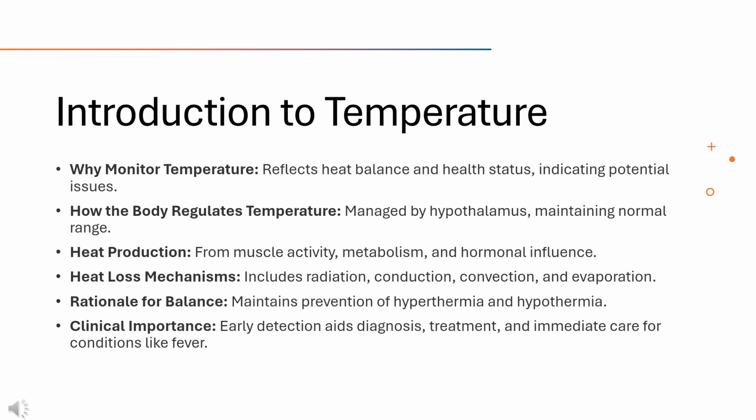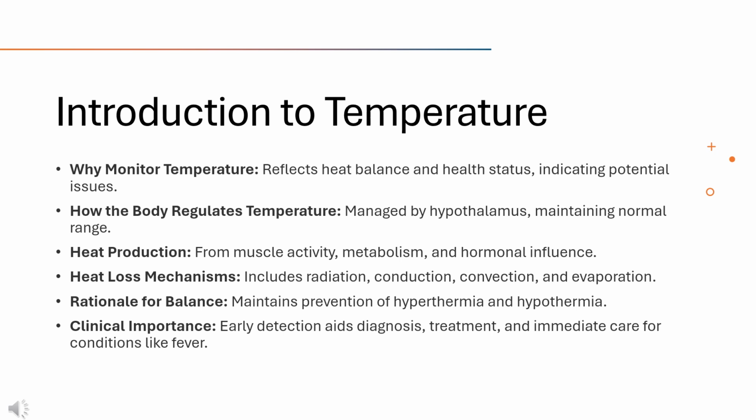implementing appropriate care strategies. Body temperature reflects the balance between the heat our bodies generate and the heat they lose. It's a crucial indicator of a variety of health conditions. Typically, a normal body temperature suggests that the body's metabolic and physiological processes are functioning correctly. Any deviations from this norm, whether high or low, can be a signal that there's an underlying problem. As we look deeper into understanding these variations, we'll see how they guide us in diagnosing and managing health issues